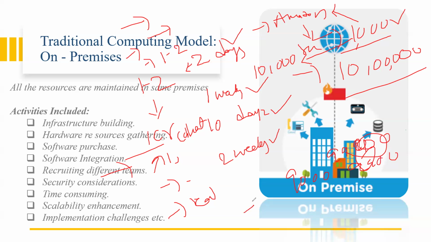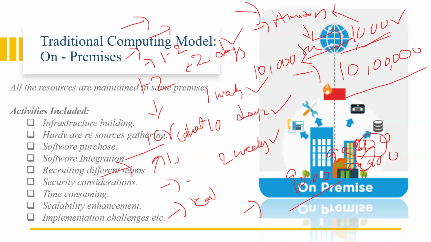After the sales are complete, my connections will go back to 10 lakhs only, or 9 lakh or 8 lakhs or 7 lakhs. My 1,000 servers are good enough to maintain that. So where will you keep these 9,000 servers? What will you do with them? I don't know when the next sales time will be. I hope you're getting my point, everyone. Why is the industry looking for cloud?